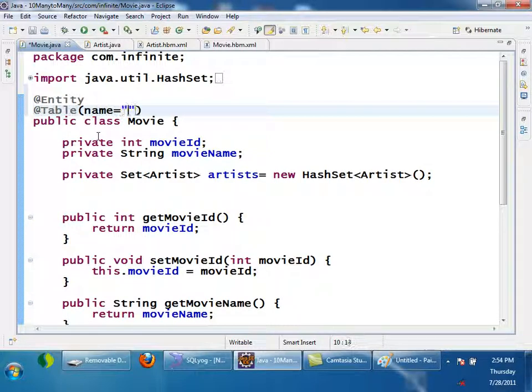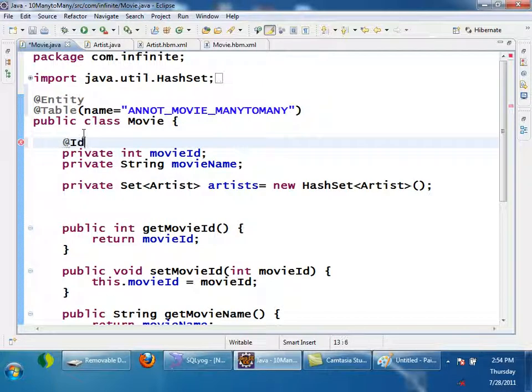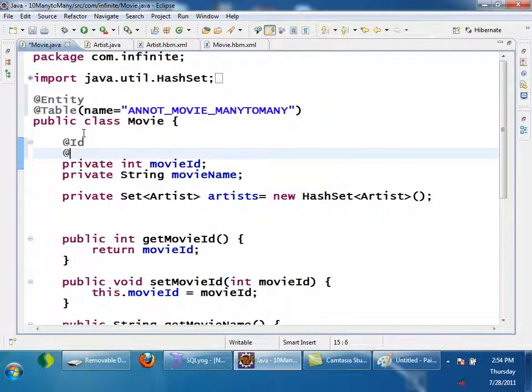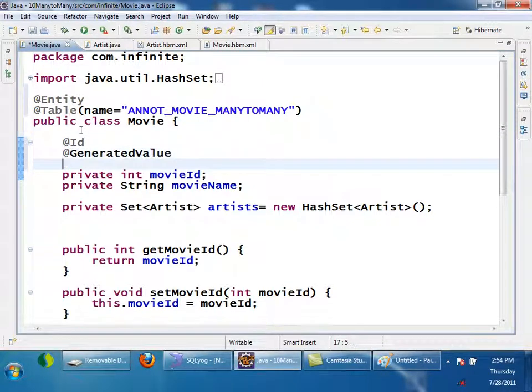Table name is equals to annotation_movie_many_to_many, and I'll generate this movie ID primary key automatically. ID, generated value, column, name is equals to movie_ID.